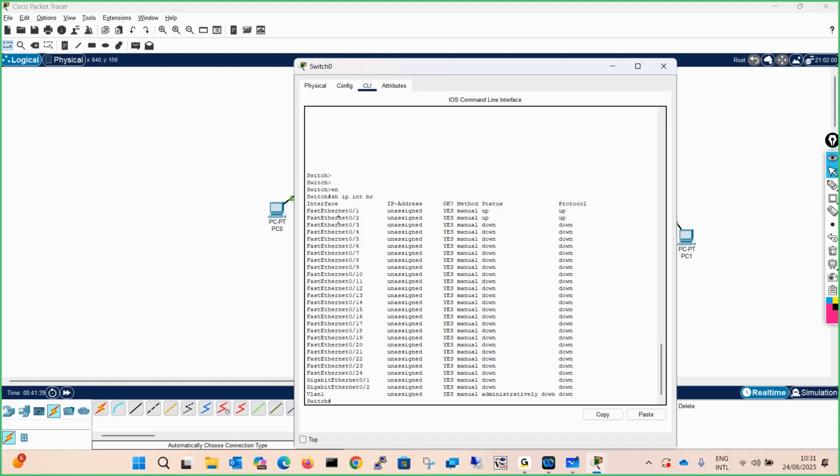But over here, FastEthernet 0/2, you said that you are the member of VLAN 20. Then in that case, you know what will happen? FastEthernet 0/1 will not carry the traffic of 0/2. If there is any traffic coming from 0/2, which is a member of VLAN 20, FastEthernet 0/1 doesn't know, because both are in different broadcast domains. Is it clear?